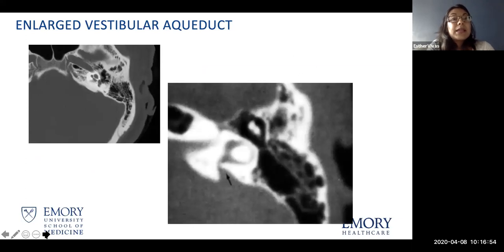So moving on to the next differential, an enlarged vestibular aqueduct. What we're showing you here is a very abnormal vestibular aqueduct, with the black arrow. One of the ways that our radiologist likes to compare them is to get the plane of the posterior canal and the vestibular aqueduct, and it should be about the same size. Some are mild, some are very abnormal, as is shown here,